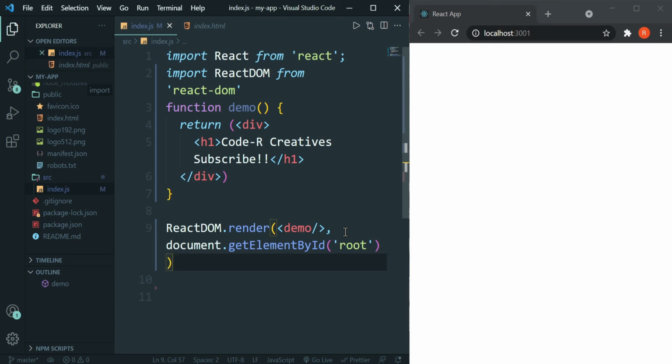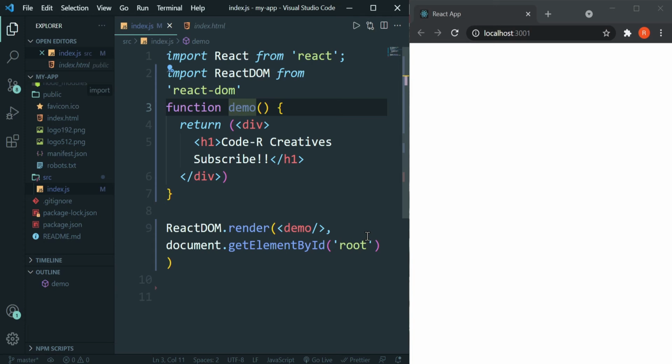Now when we refresh, you can see that nothing has been rendered. That mistake is due to the naming convention. React considers a function with a capital letter at the beginning as a component which it has to render.